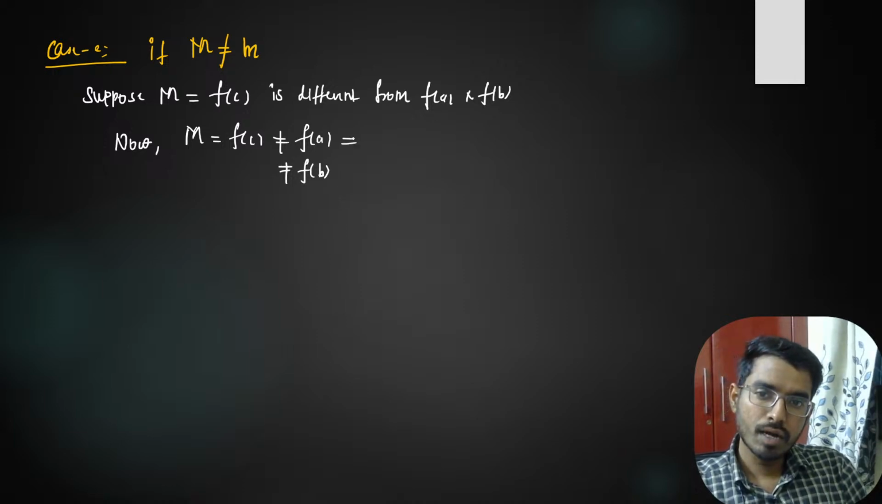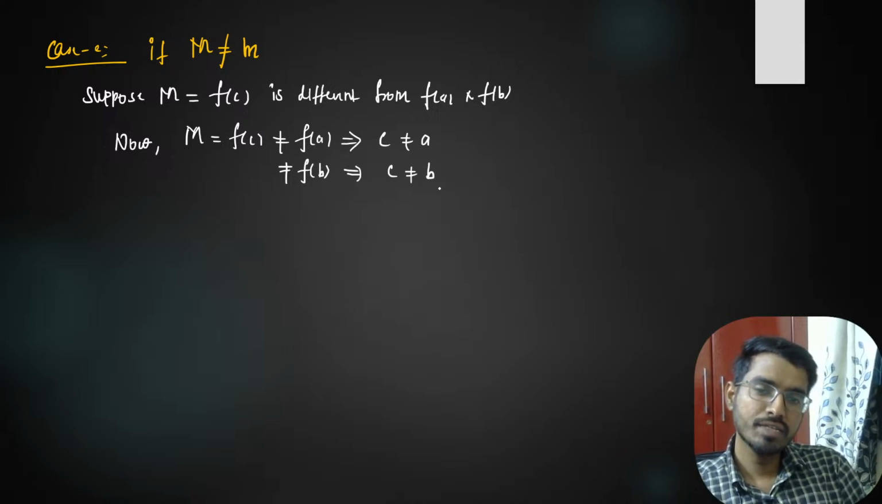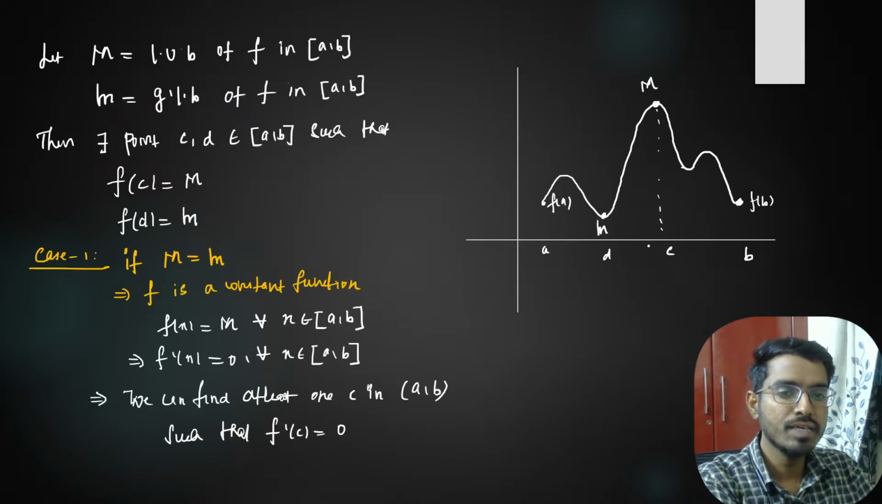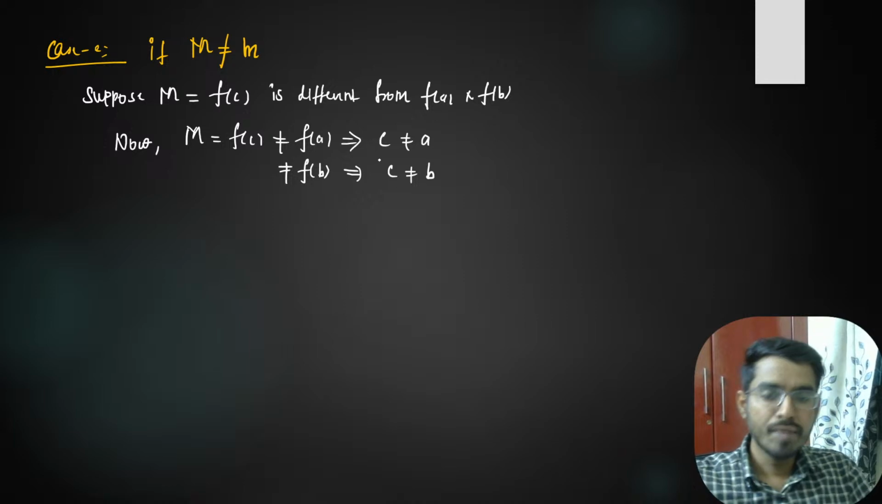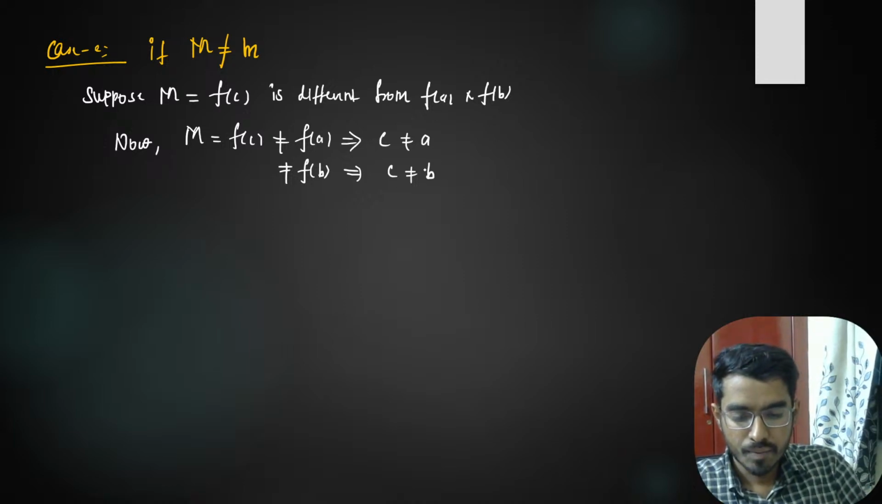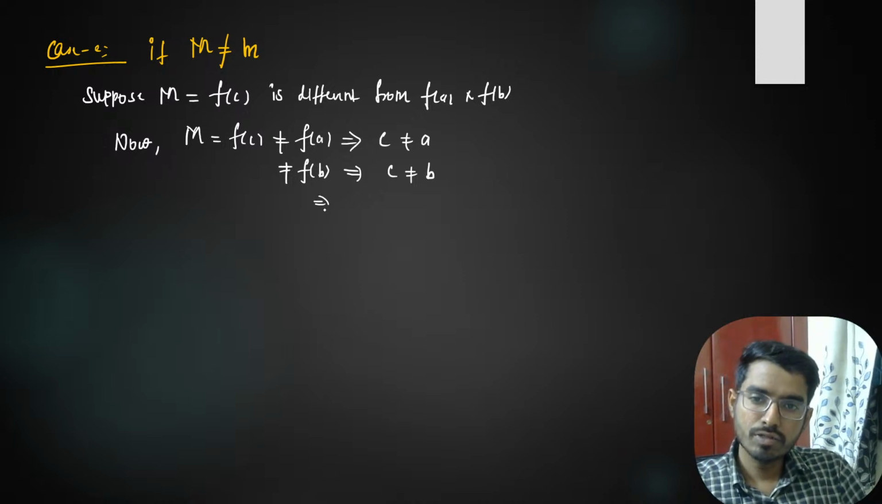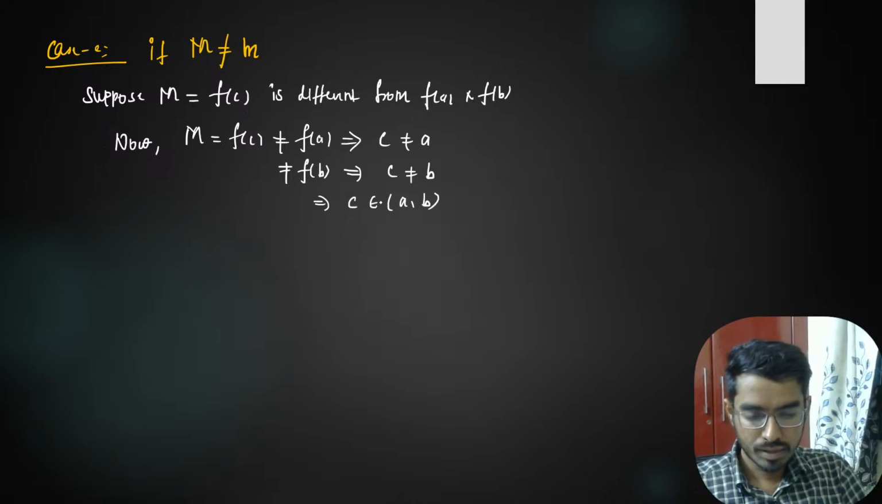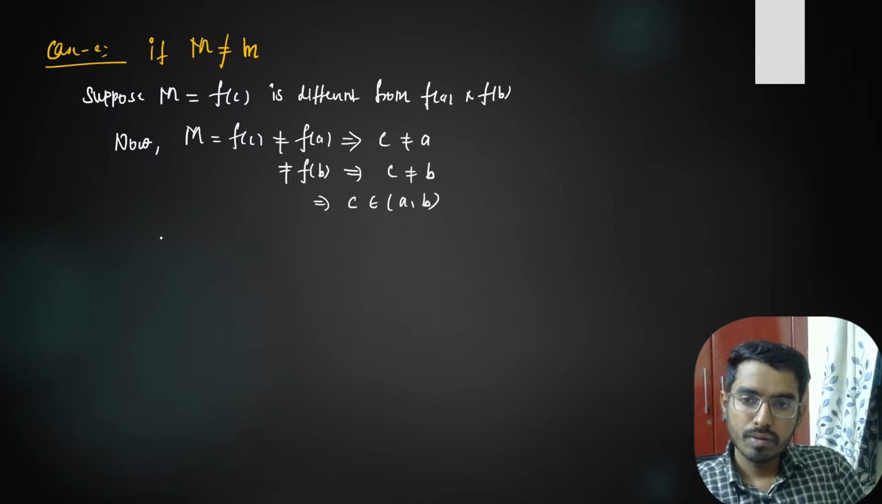If f of C is not equal to f of A, that means C is not equal to A. And if f of C is not equal to f of B, then that means C is not equal to B. See, I am taking a C in between A comma B only. That means C is not A and C is not B. This implies surely the C will be in the interval A comma B. Since